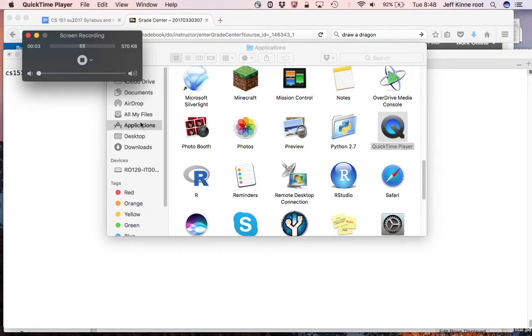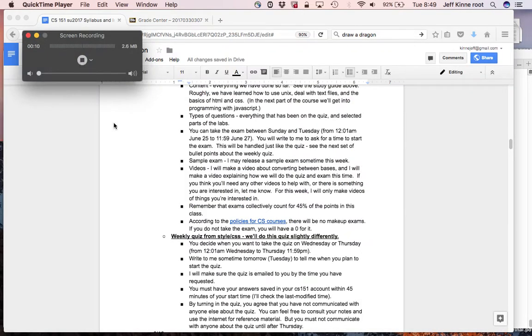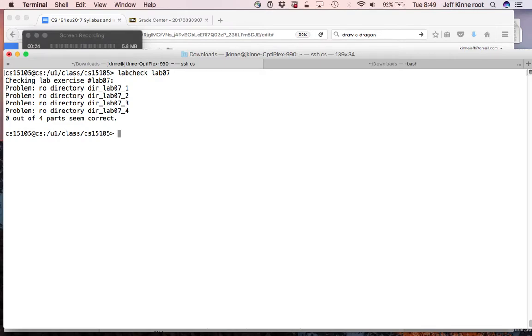Okay, this is going to be a video reminding you about running the labCheck. I'm going to go ahead and log in as a few different people in the class. So this is CS15105. I'm going to look at lab07. Alright, so I run it like this, and for this one it says there's a problem with the directory, so